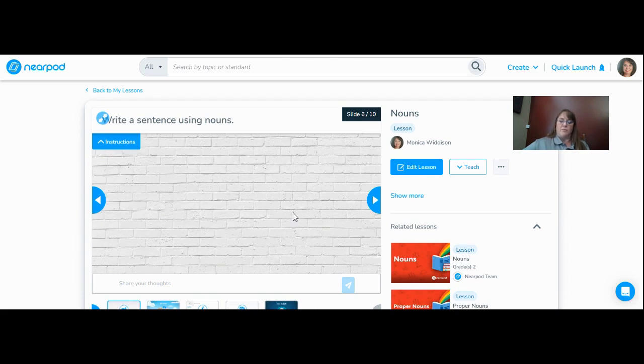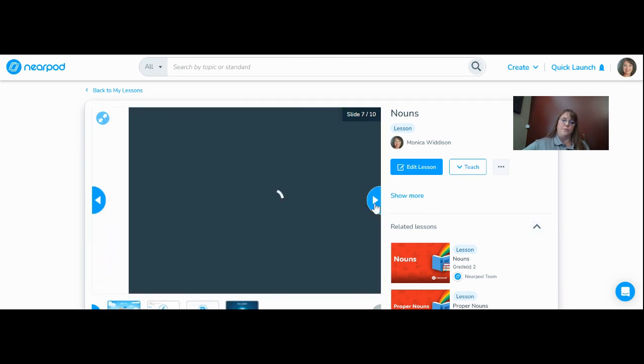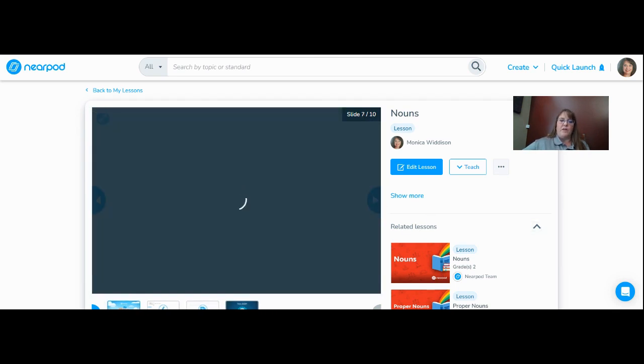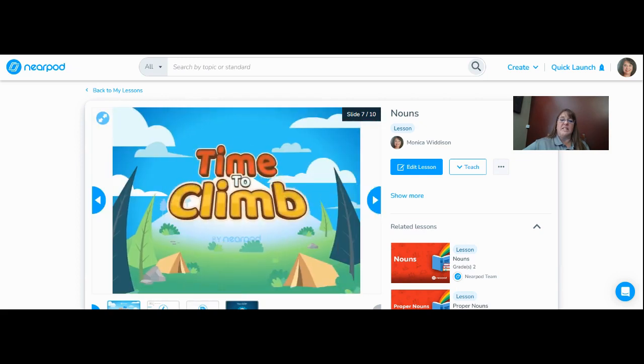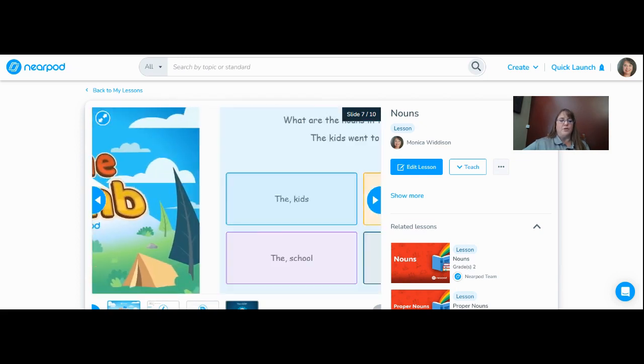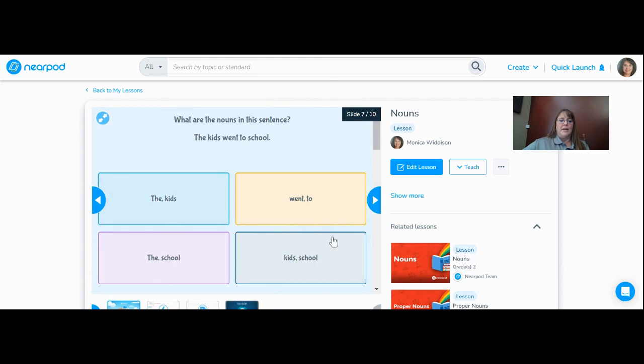writing a sentence, like just share your thoughts. So this is just kind of a board that the students can use. Then we have another activity. This is a time to climb. Students really get into that because it goes through different questions and the kids race up the mountains, and it